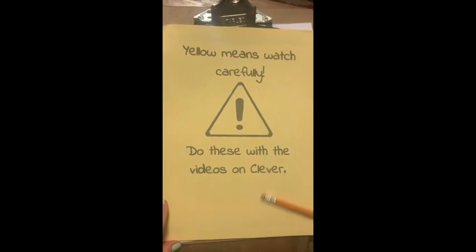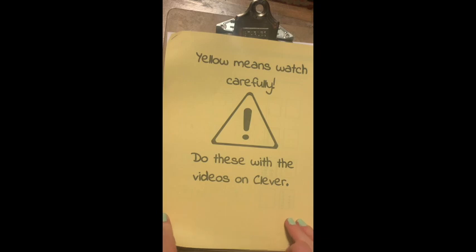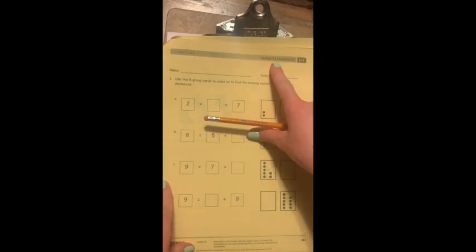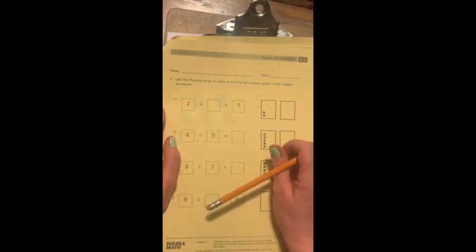All right, first grade friends, today we're going to be working in our yellow packet. So take it out, please, and then turn to our first math page. This is page 163, or Lesson 11's homework page. Awesome, blossom. And first things first, at the top, we always write our name,